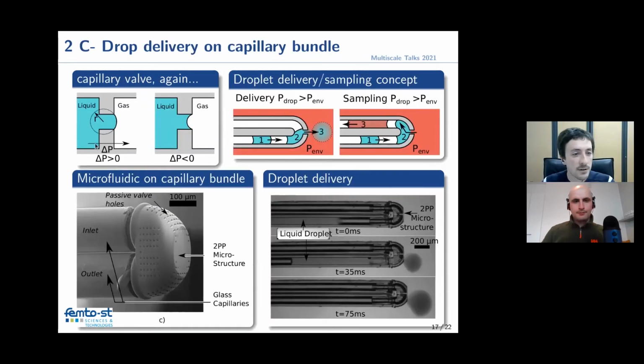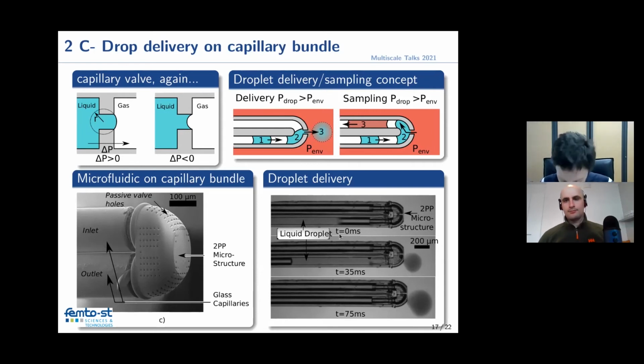But at the end, we want to deliver the droplet, and again we use a capillary valve mechanism. For this, we draw many holes in a structure that connects the inlet and the outlet of our capillary. Because the hole is small enough, the gas cannot escape, even at higher pressure. When the droplet arrives, it makes a fluidic junction with the environment, if it's liquid, and then we can deliver the drop. Or by playing with the pressure, the droplet can arrive and trigger a sampling mechanism where we collect a small amount of liquid from the environment and get it back